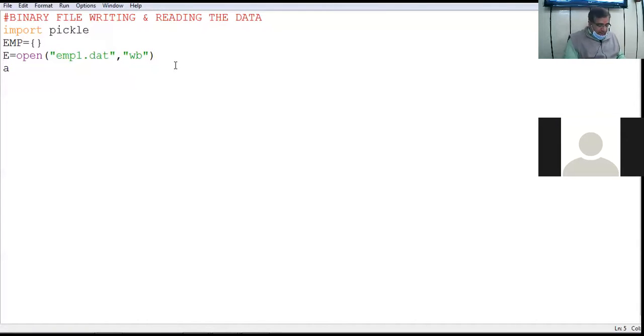Clear? I'm taking one answer variable, and the answer variable I have initialized to y in lowercase, right? Because I want to insert multiple records as per the user's choice. Till the user presses Y, it will keep on asking you about the record. The moment you press any key except Y, the loop will stop.